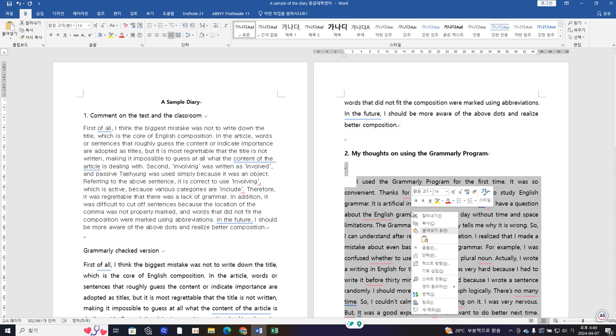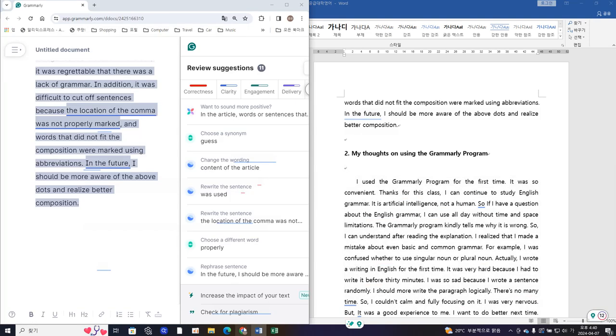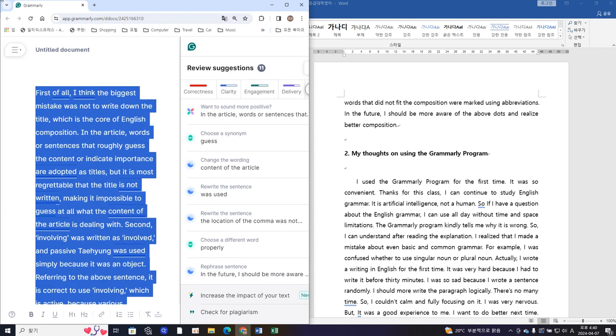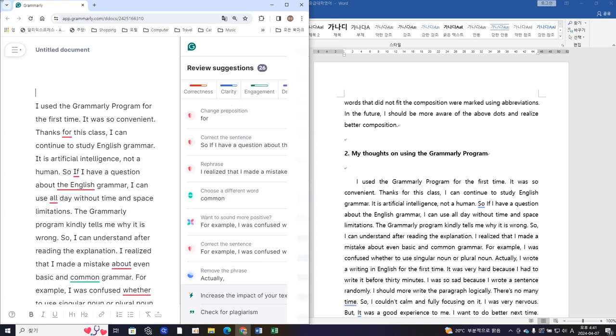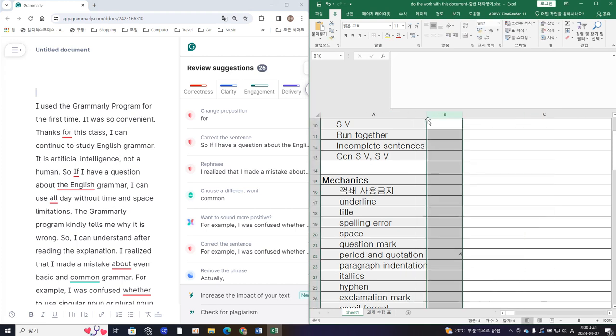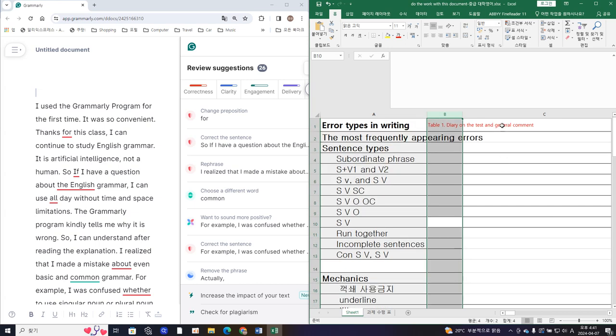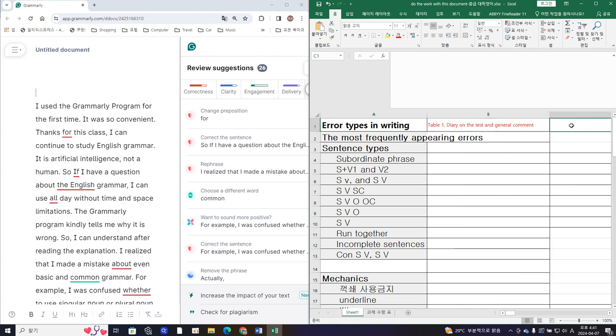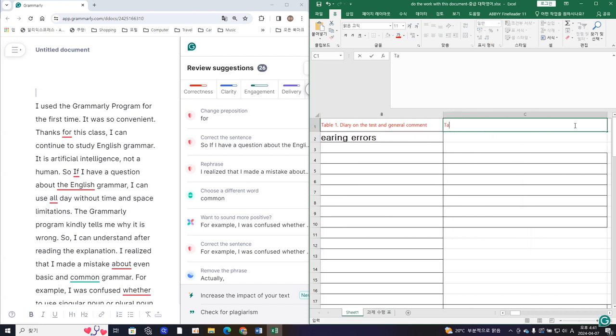Okay, copy and go to Grammarly and remove the previous work and Control V. And so if I put that, you can see this one. And what I need is the table again. And so I need to create the new one, another one. So table 2, obviously here, table 2, right, okay? Table 2